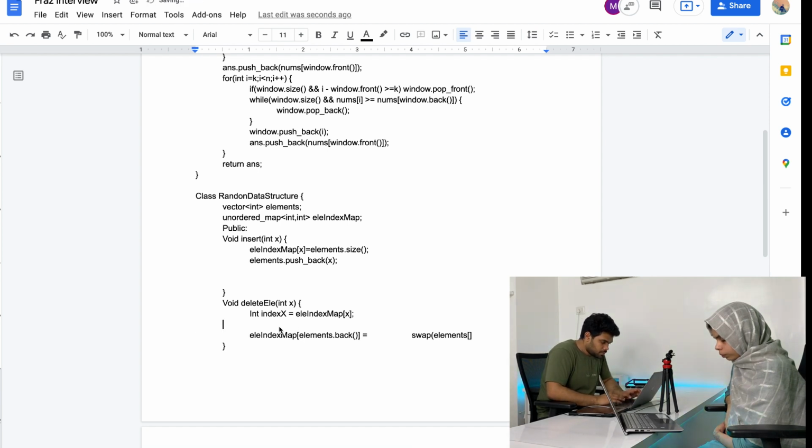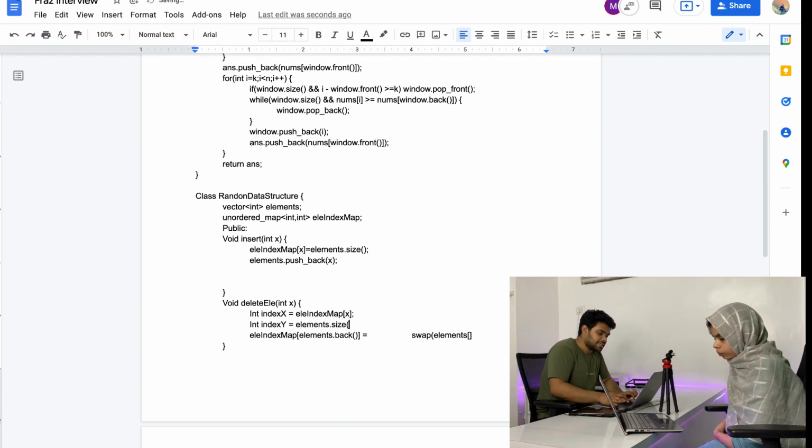Now int index y, this is the element which is at the back, so this is equal to elements dot size minus 1. Now we have both the indices and we can simply swap them.